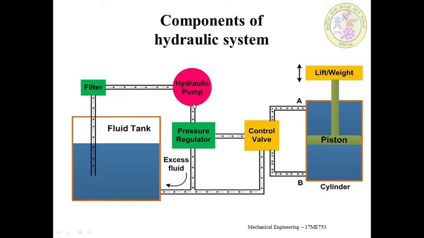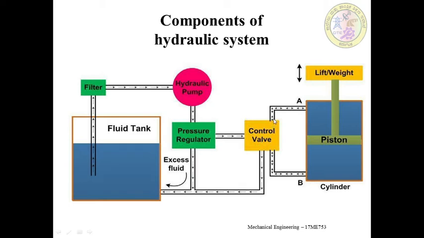After this pump, the pressure of the fluid is increased, so there is a pressure regulator, which means if the pressure exceeds the controlled range of this circuit, the excess pressure oil is returned into the fluid tank this way. Required pressure oil is pumped to the control valve. So this control valve will give the direction to the